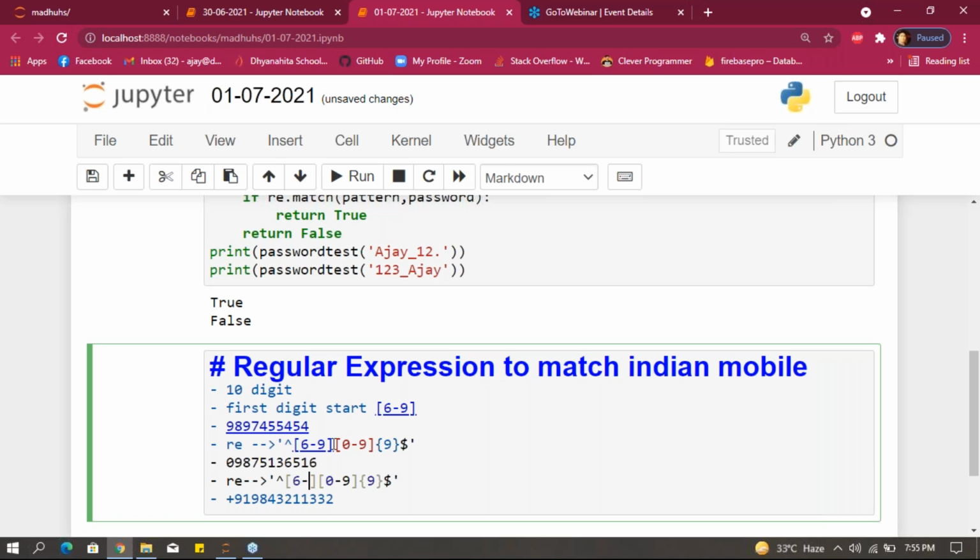Starting with 0, and give here 6 to 9. After that, 0 to 9 with 9, and give the dollar symbol here, okay?